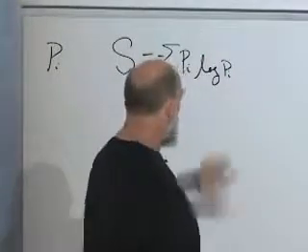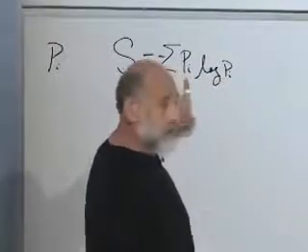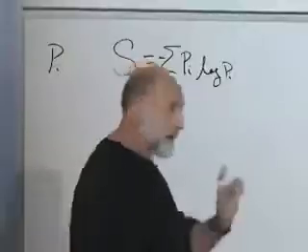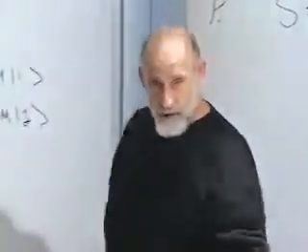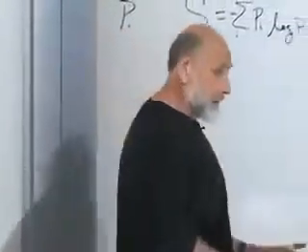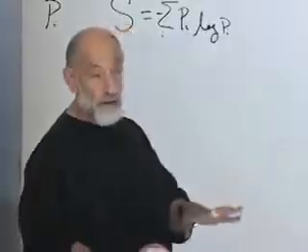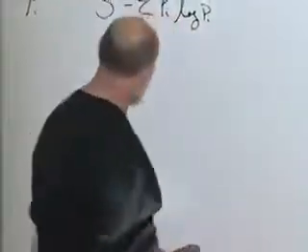Again, if only one of the p's is non-zero, then it's got to be 1, right? The logarithm of 1 is 0. On the other hand, all the other p's are 0. So in that case, if you have complete knowledge, then the entropy is 0. So 0 entropy means complete knowledge. You know precisely that the probability distribution is peaked at one particular point, 0 everywhere else.